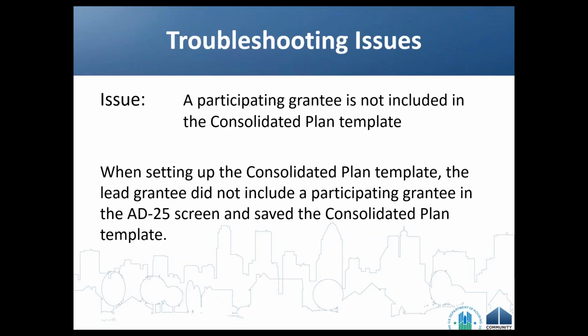So the first issue is that a participating grantee is not included in the comp plan template when it is set up. When setting up the comp plan template, the lead grantee forgot to include one participating grantee in the AD25 screen and save the consolidated plan template to begin working on it.